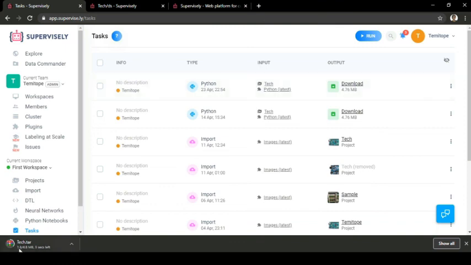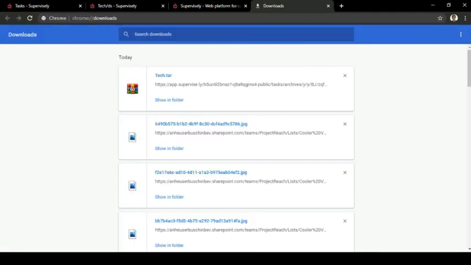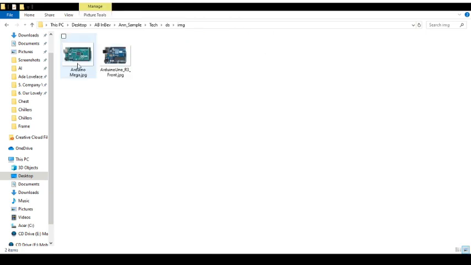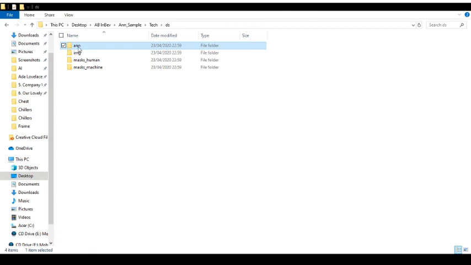If you click on download, you see that it's downloading as a TAR file. So I click on this, you extract it. The name of the dataset is DS. We come to image. These are the images that we uploaded. We have two images. Annotate. So